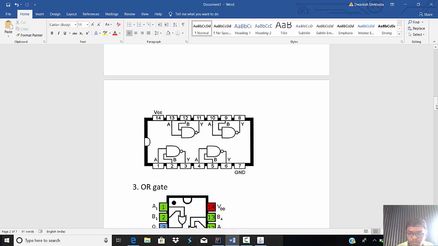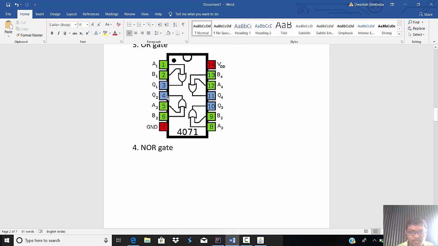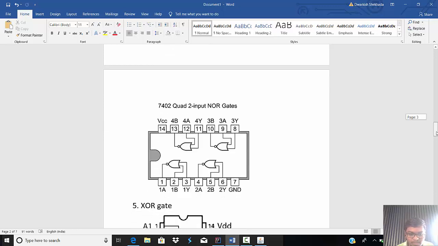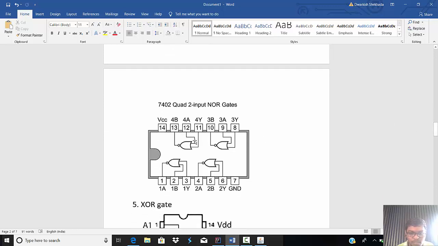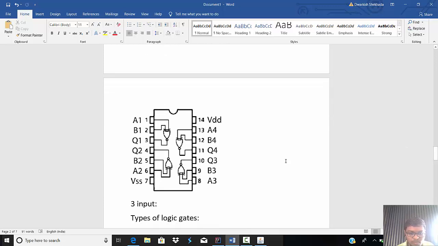Then the two input NAND gate IC, the two input OR gate IC, the two input NOR gate IC, then the two input XOR IC, then the two input XNOR IC. All these ICs have four logic gates inside.